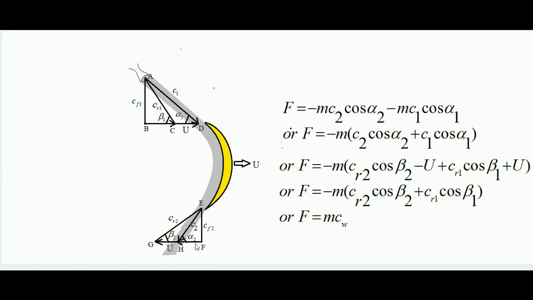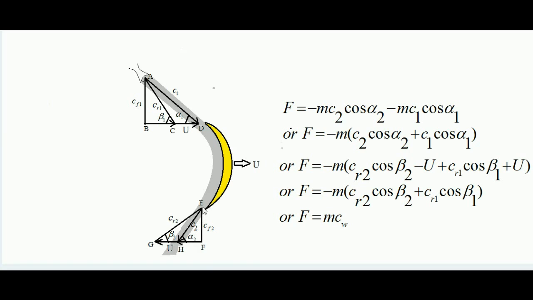But we can see FH and U are in opposite directions. FH is in the negative direction of x, U is in the positive direction of x. So the relative velocity of steam at the outlet in the horizontal direction would be FH plus U, because we know that in case two particles move in opposite directions and we want to find the relative velocity of one particle with respect to another, we have to add the velocities of the two. So same over here, FH plus U is the relative horizontal velocity of steam at outlet with respect to blade, that is equal to FG.